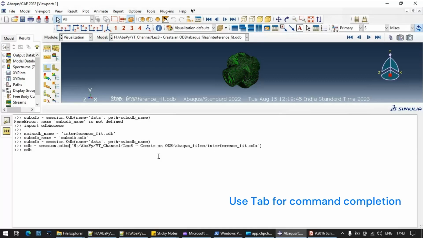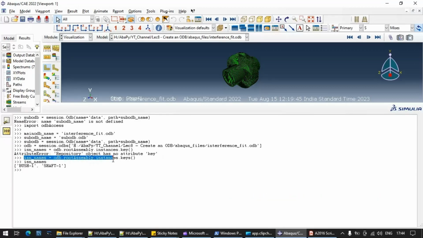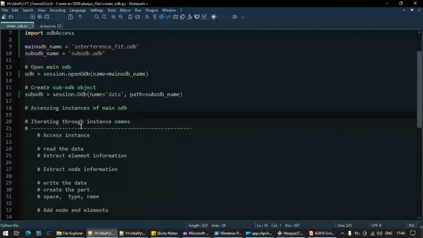Now we have the odb object, so now write ISN names, instance names, and then try to find odb.root assembly, then instances, then write keys. So now you can see it has two instances, bush and shaft.